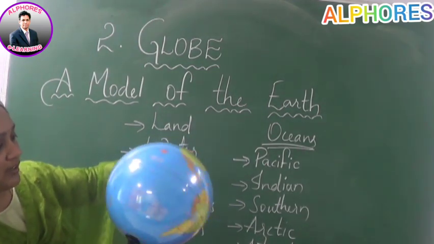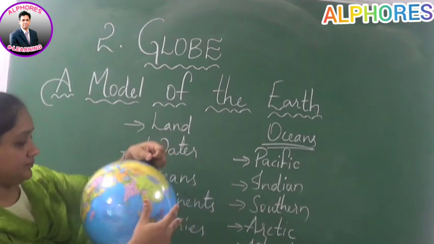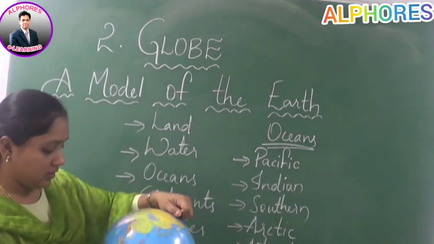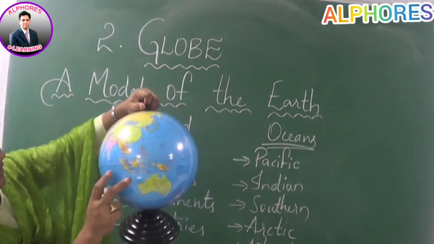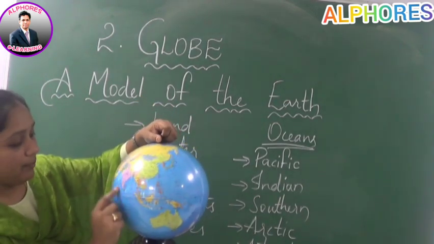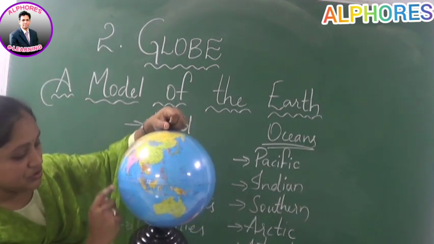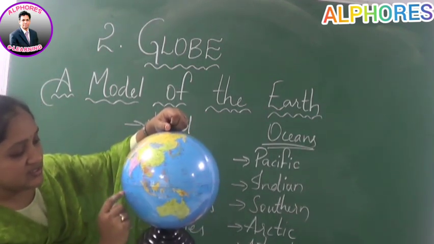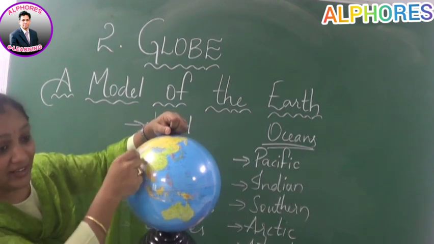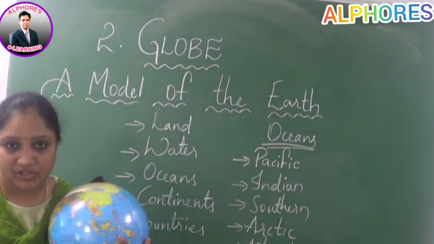So children, I'll show you one ocean now. See, this is the Indian Ocean, right? As you all know about the map of your country India, down from it you can see the ocean. Am I right? This is the Indian Ocean, which is located down from the country. So we call this ocean the Indian Ocean.